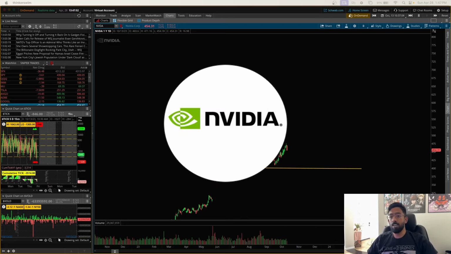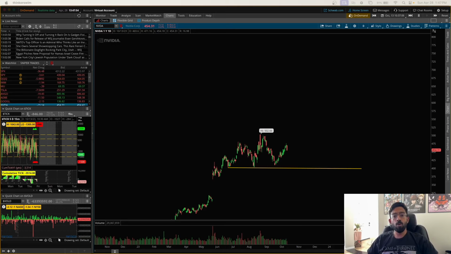Here is an example on Nvidia. The first one I'll go over where there is a fake head and shoulders breakdown where we were safe and did not chase it, and I'll also talk about another pattern on the same exact chart where a particular momentum has shifted to the upside and we were able to catch the move to the upside for a good amount